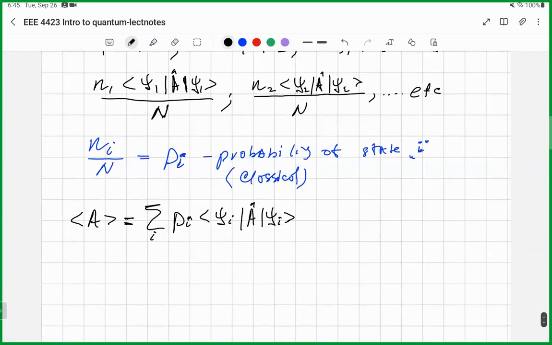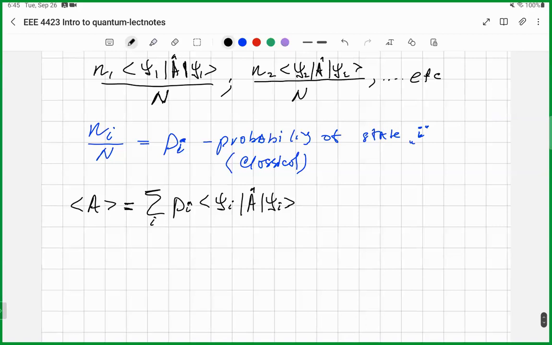So I'm going to introduce this. Literally, I can introduce this identity matrix in any part of this expression because it doesn't affect anything. So I write the summation over i of p_i